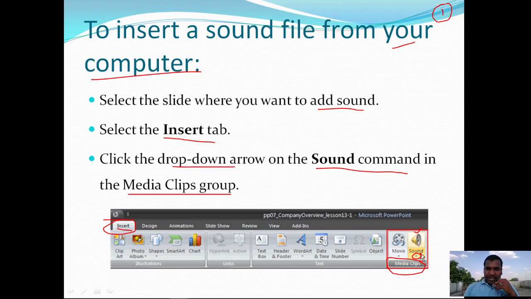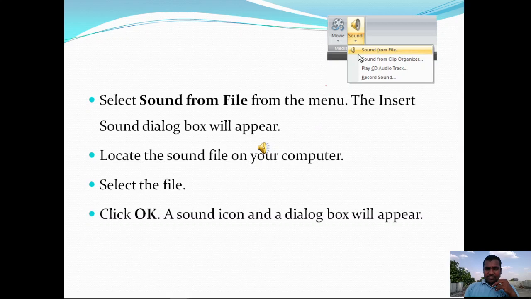It is going to display options, as you can observe here. Have you listened to several sounds here? Those sounds are included. This is the sound icon. If you insert any sound file into your presentation in the slide, that sound file is indicated with this symbol.